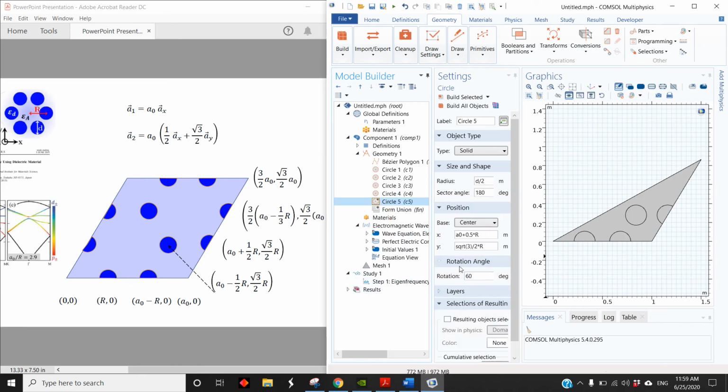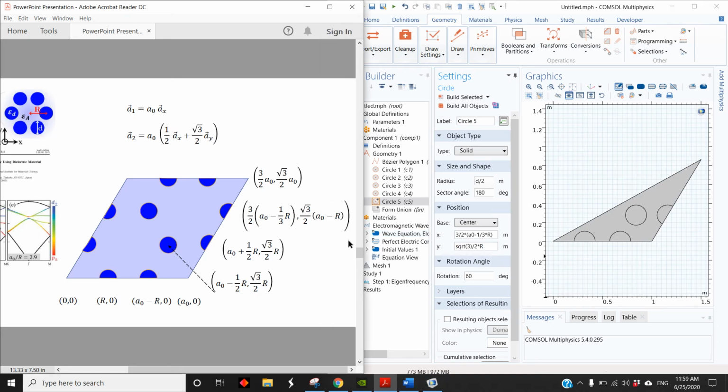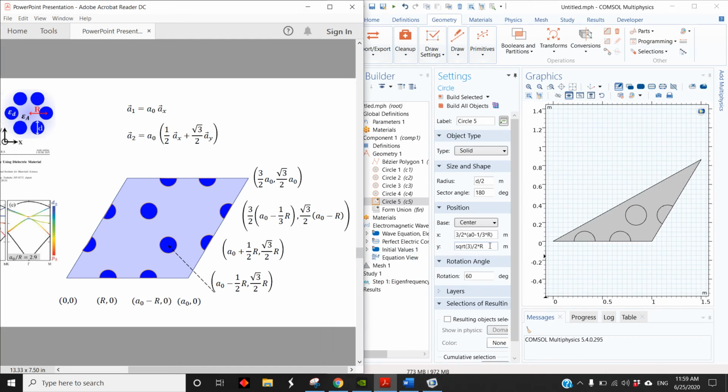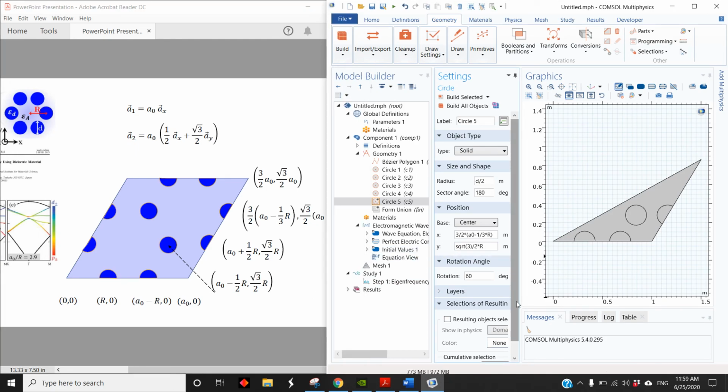This last one here is 3 divided by 2 multiplied by a naught minus third r, and also this is square root a naught minus